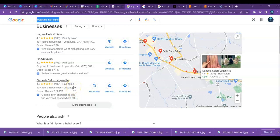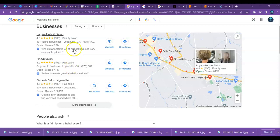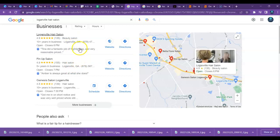All a citation simply is your business name, address, and phone number listed throughout different directories across the World Wide Web, such as Angie's List, Yelp, Yellow Pages, White Pages. I mean, you name it. There are thousands of different directories that you can get your name in. However, the strategy to win here is to find out exactly how many citations Loganville Hair Salon has. If they have 45, then you want to get at least 65, so you know you're outranking them every single month,